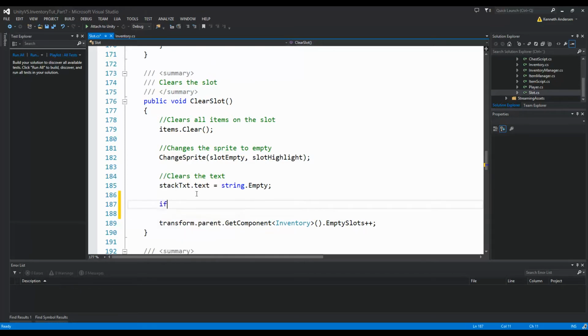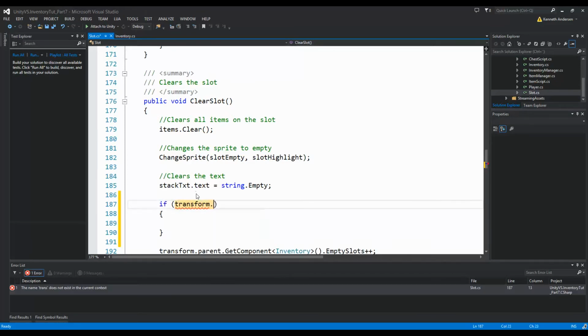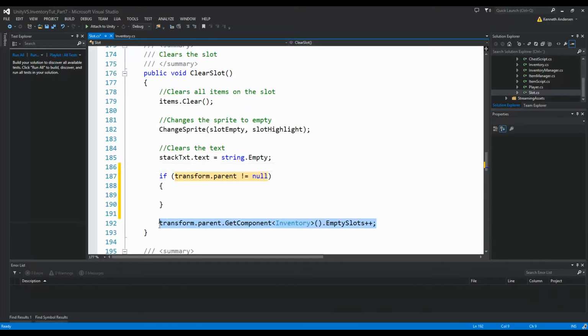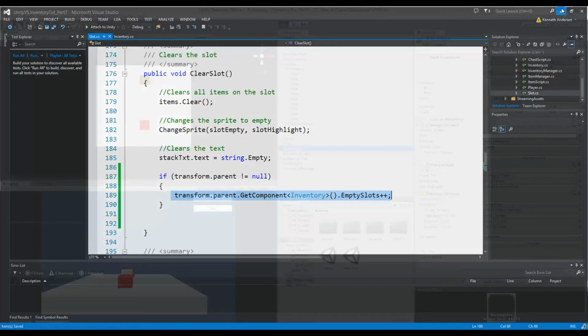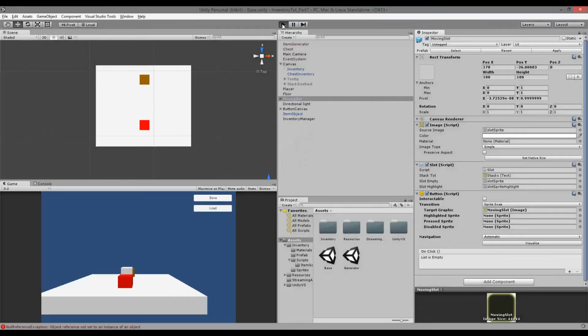So if we make an if statement here saying transform.parent is different from null, and we put that in here, then we are checking if we have a parent before that. So when we try to call clear slot on our moving slot, then we're checking, well, do we have a parent? If we don't have a parent, well, then we shouldn't try to increase the amount of empty slots. If we do have a parent and we are clearing a slot in an inventory, well, then we need to increase the amount of empty slots. So if we save this and rerun our game,